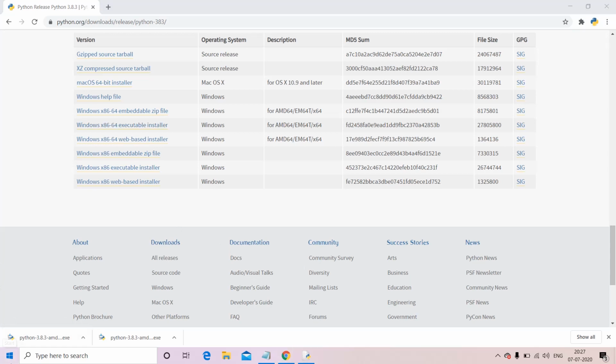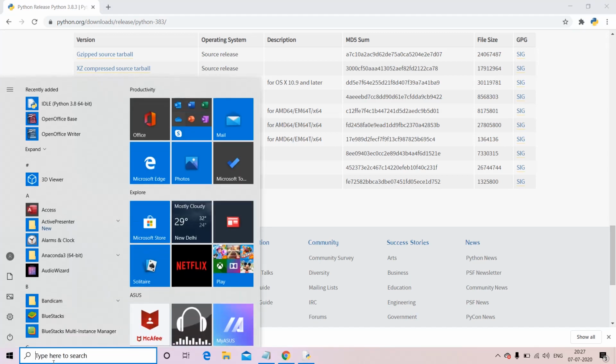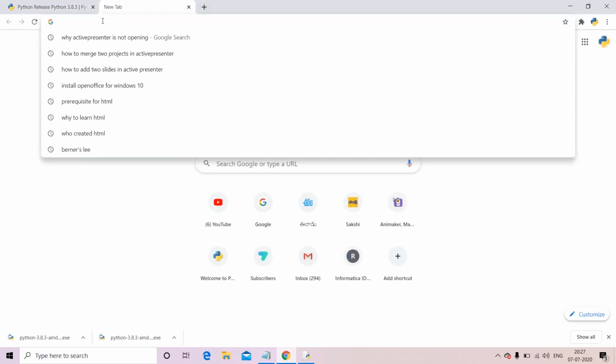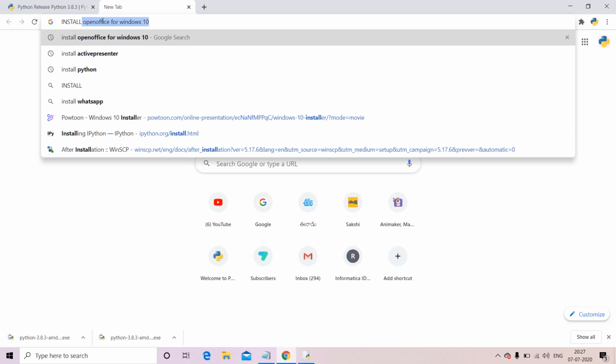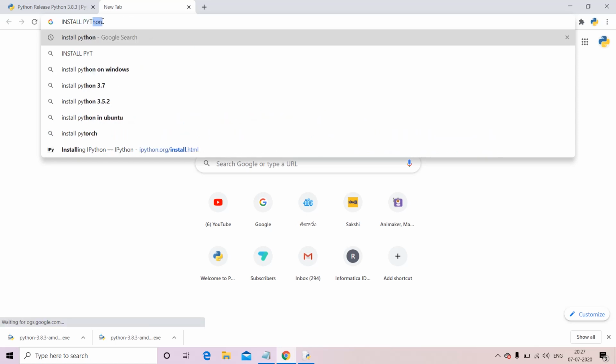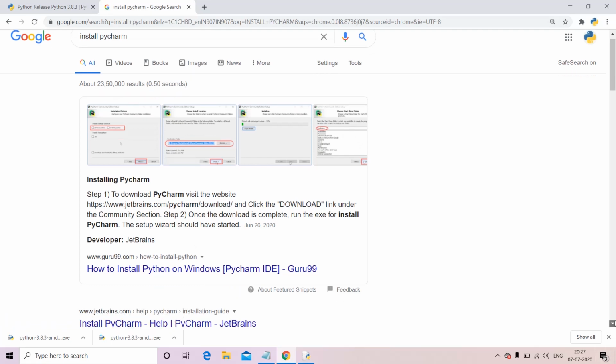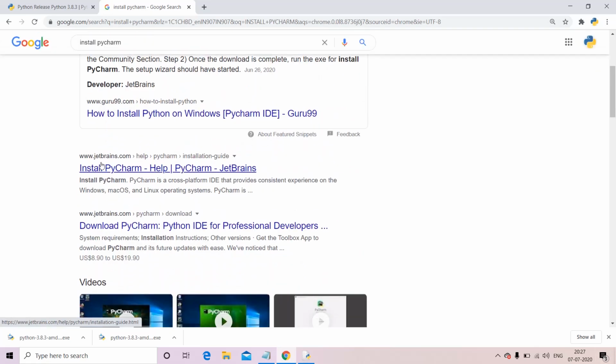Now for any scientific or mathematical computations, the Python interpreter may not work very efficiently. So for that, let us download PyCharm. Okay, just search for install PyCharm and go to the official JetBrains website.